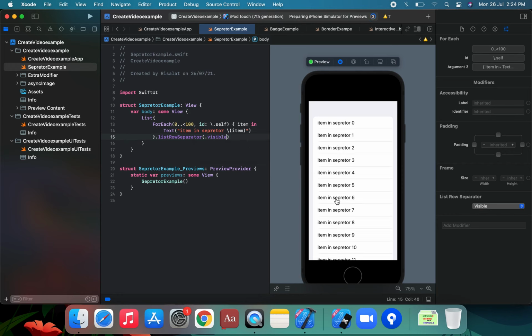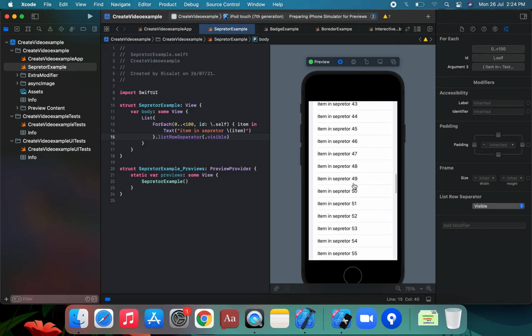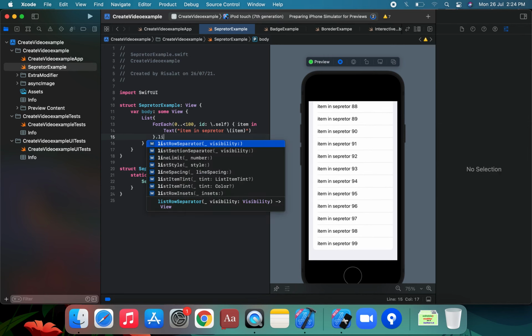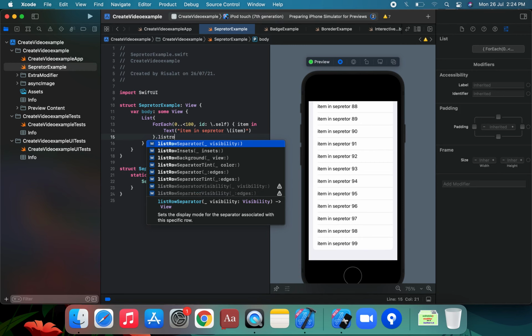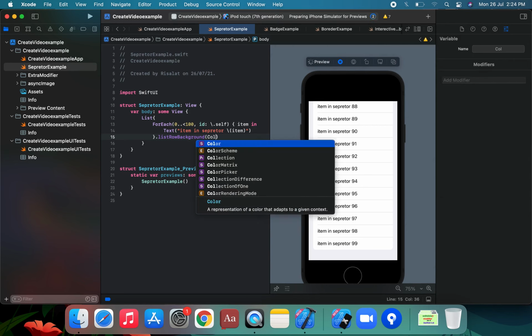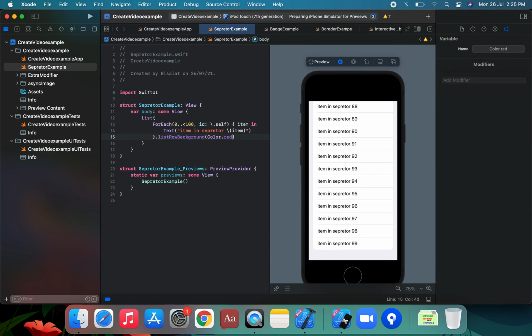This is visible on the separator, and we're going to apply the listRowBackground and the color, dot red color. We're going to set this red color for the separator.